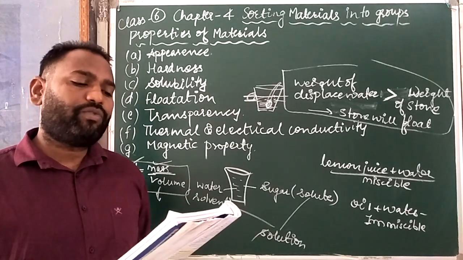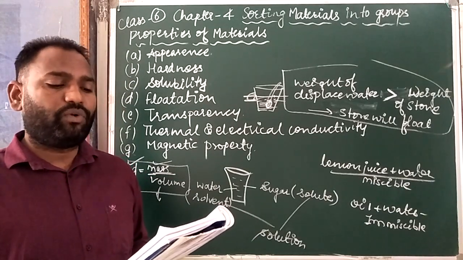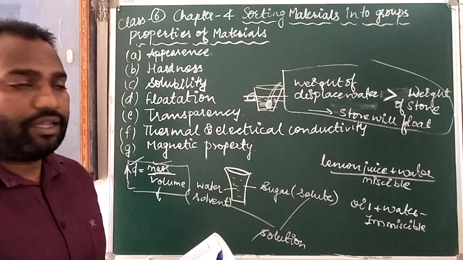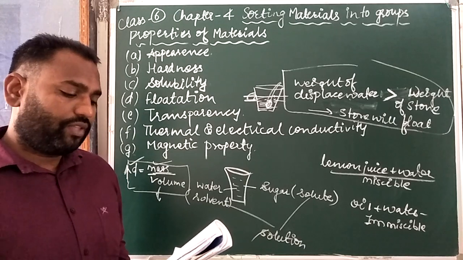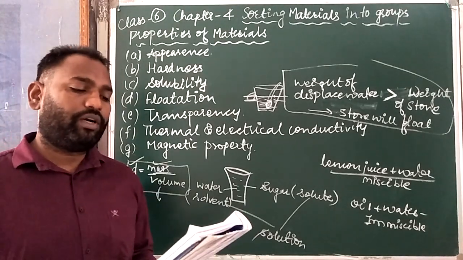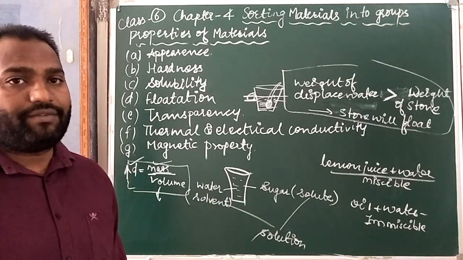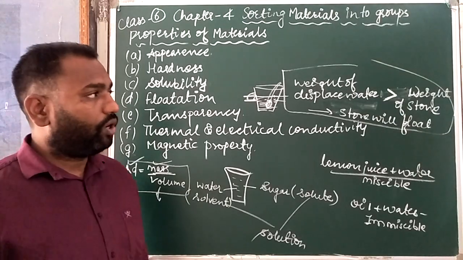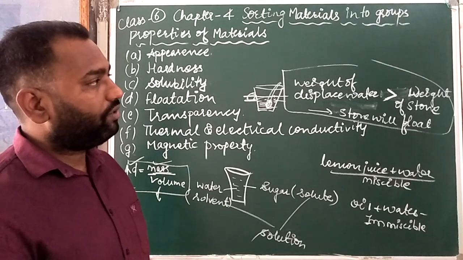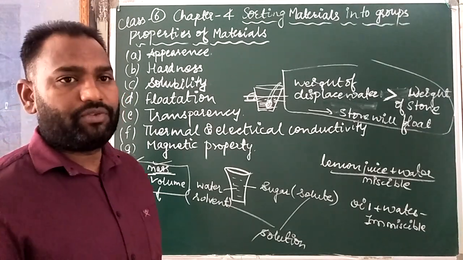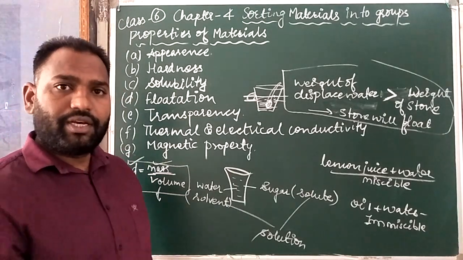The shape of the object also affects the amount of liquid it displaces. Certain heavy objects are able to float because of their shape, like a ship. The shape of a ship allows it to float on water despite the fact that it is very heavy. So one reason is their particular shape, and the second is that the weight of displaced water is more and the weight of the object is less, then it will float. Otherwise it will sink in water.